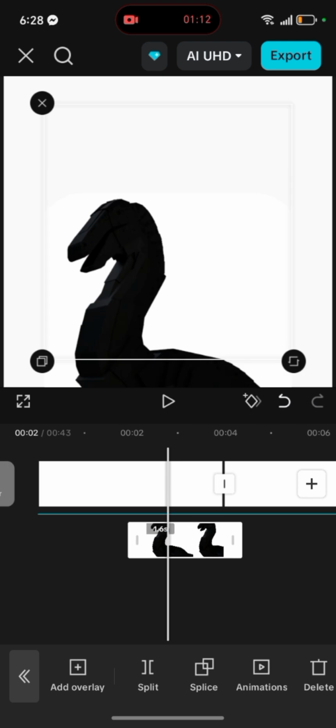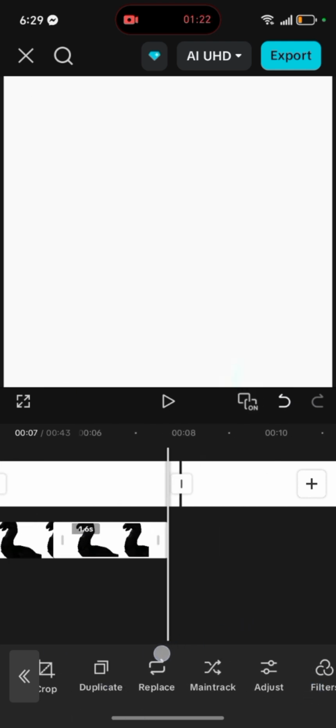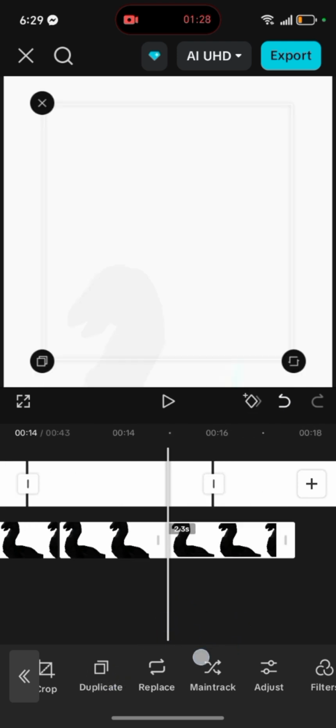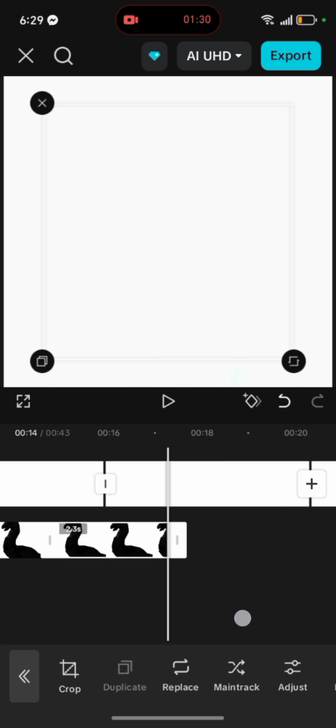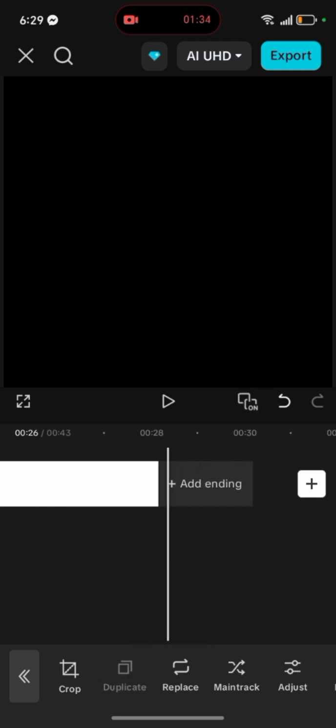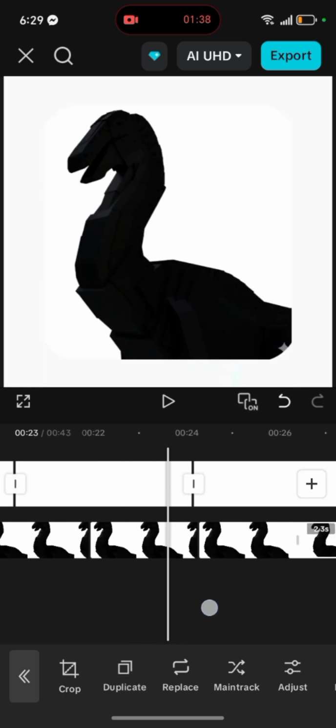Yeah, like that, and press duplicate on this button. Duplicate, duplicate, and keep duplicating.